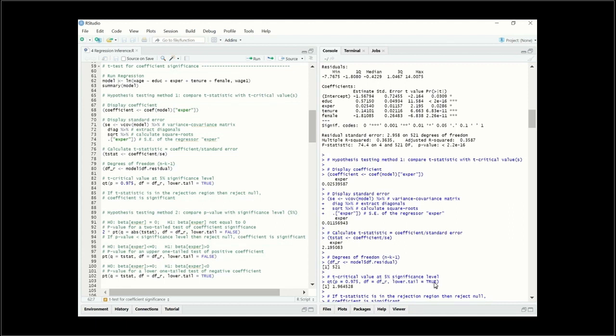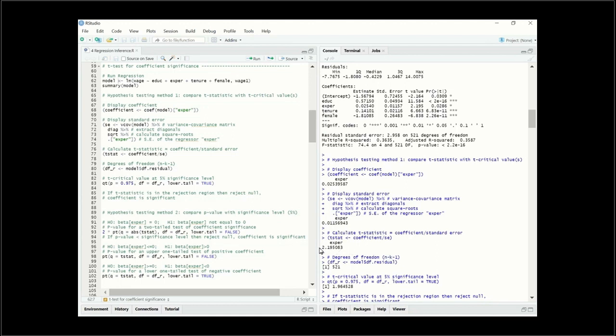So basically we would be looking at the lower tail. So this would give us a t critical value of 1.96. Many of you would remember this number 1.96 because that's the critical value for a standard normal distribution at 5% level. So now, in order for us to figure out whether the coefficient is significant or not,